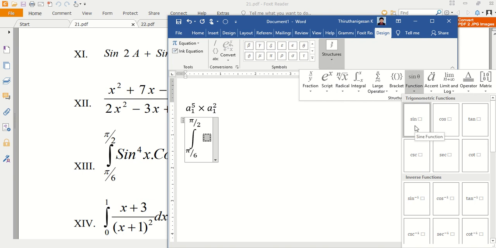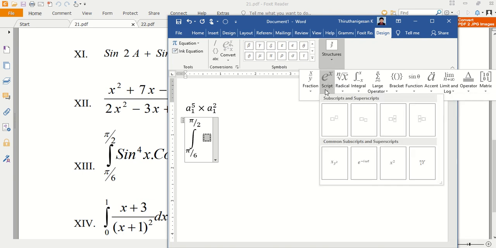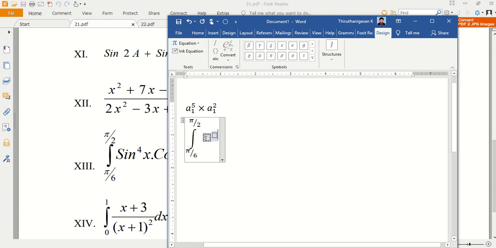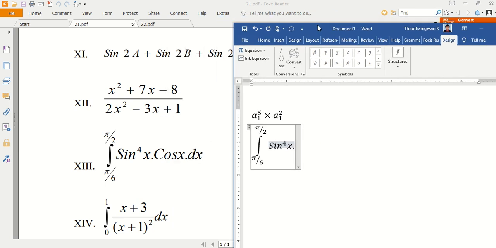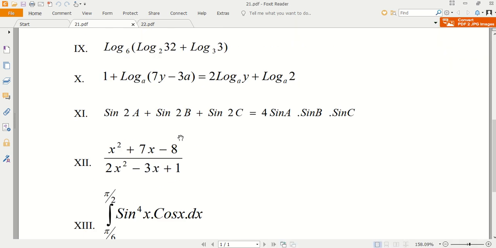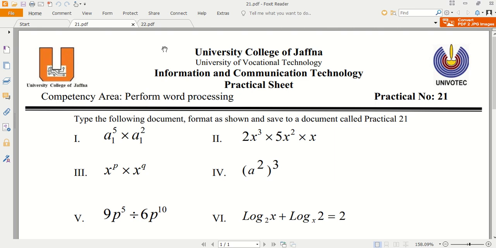For the script we need, then you can type sin, then 4, again x, cos x dx. Like this way you can complete practical 21.